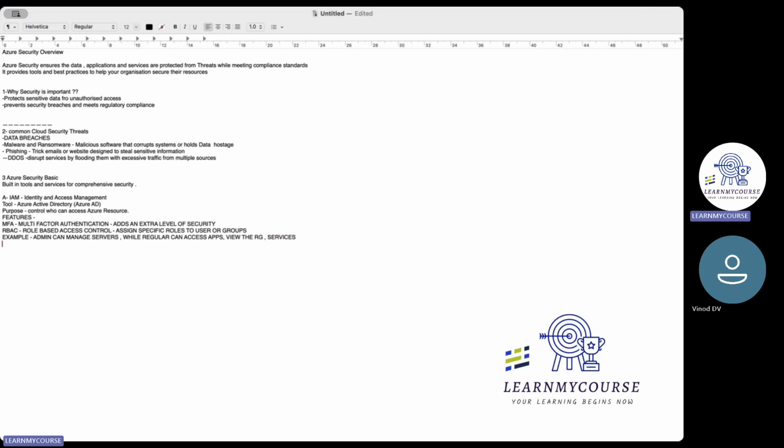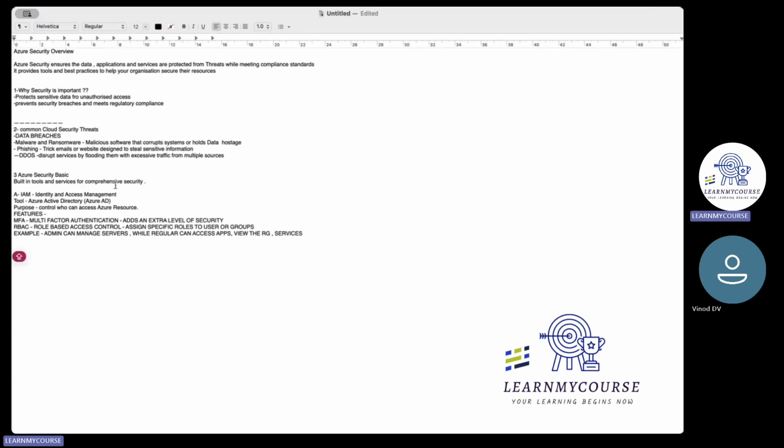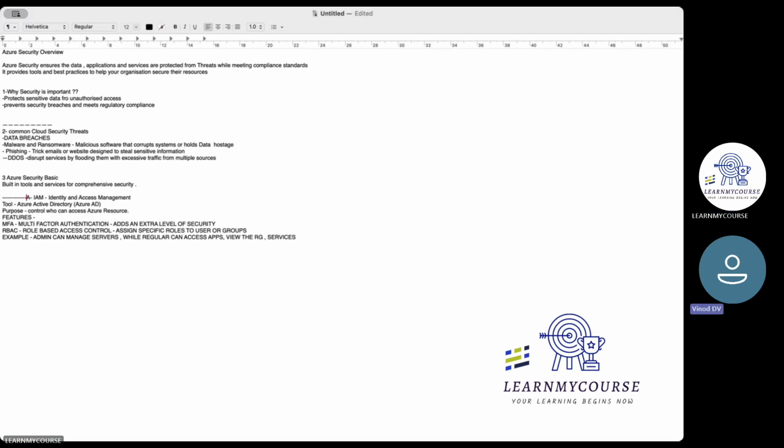So the third is the Azure security basics. Number one is Azure identity management, right? Now another one, number two, I can say, is network security.